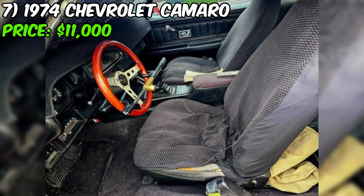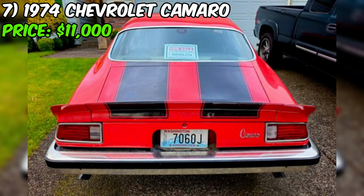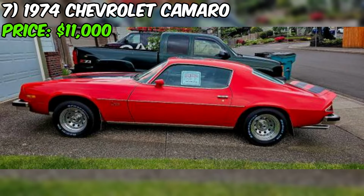They've recently invested close to $5,000 in prepping this Camaro for sale, including new tires, a thorough wiring check, a new battery, alternator, starter, and more. And they've got the receipts to prove it. The exterior of this Camaro is a stunning red that's sure to turn heads wherever you go. And the best part? There's no body damage or mold in the interior,